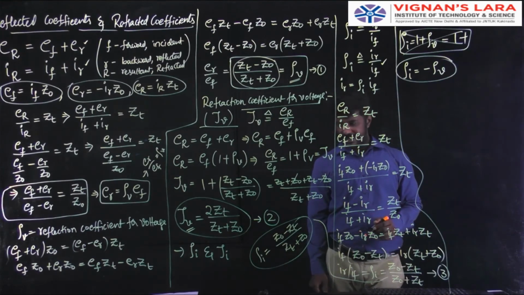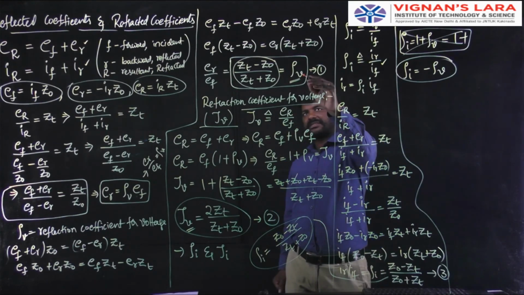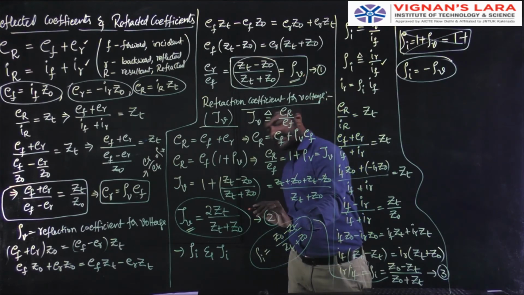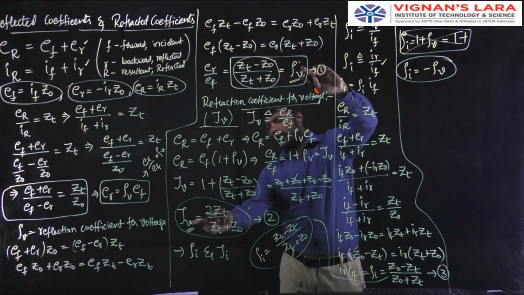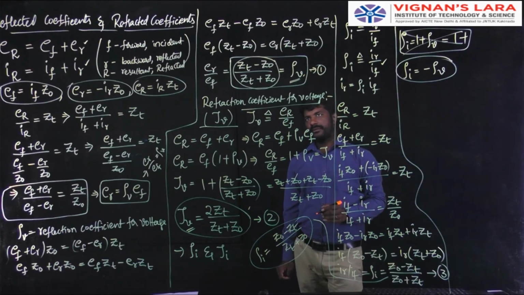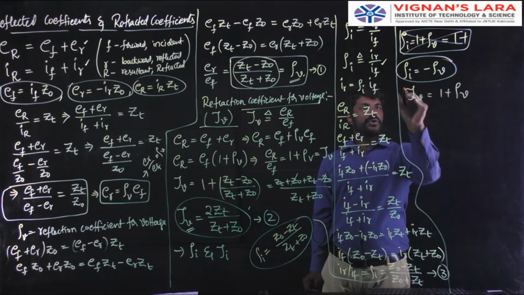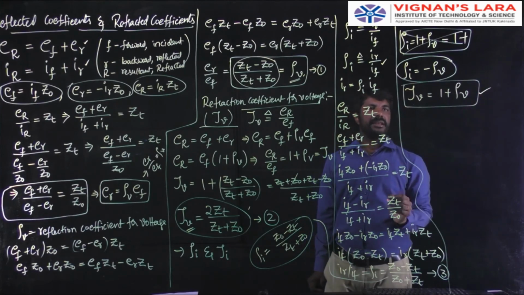And next, let us get the same relations for tau V and tau I. Before getting the relations for tau I, let me go for the voltages. This is rho V and this is tau V. Is there any relation between this rho V and tau V? Yes. What is the relation? The relation is tau V is equal to 1 minus rho V, and that minus will get cancelled. Tau V is equal to 1 plus rho V. This is the relation. Let us prove that.